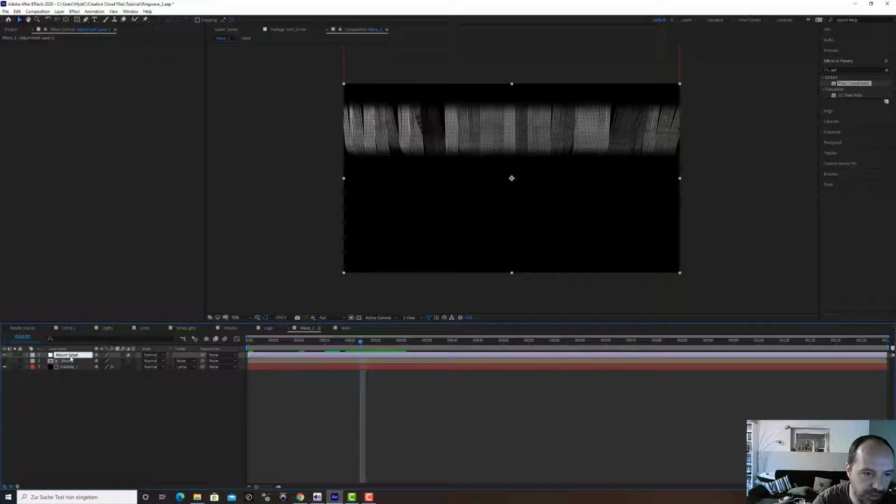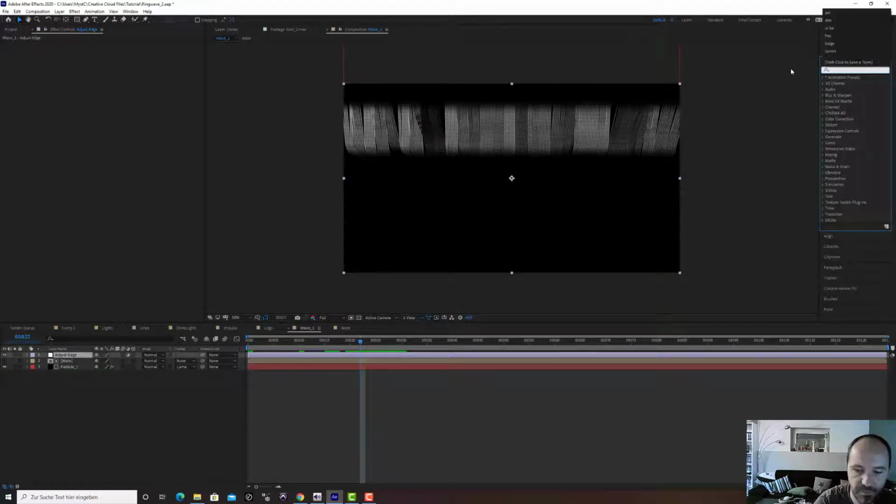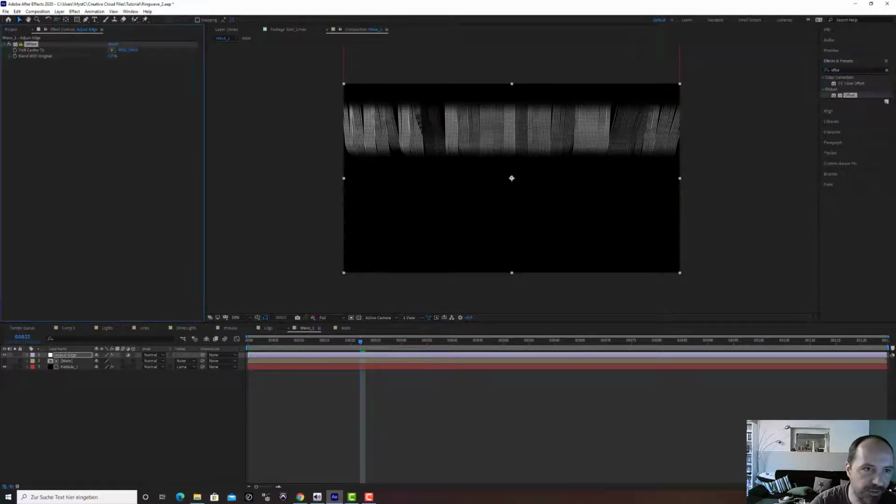That should explain that. Okay, what we will do is an offset. Here we go. Apply that to the adjustment layer